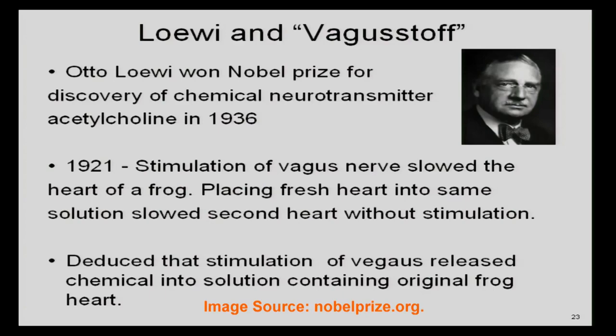Otto Loewi won a Nobel Prize for the discovery of chemical neurotransmission, and specifically, he discovered the chemical neurotransmitter acetylcholine in 1936, a major neurotransmitter that we'll be focusing a lot on in next Monday's lecture. It tells a nice story at the beginning of this chapter, I think chapter 3 in your book, that he was trying to